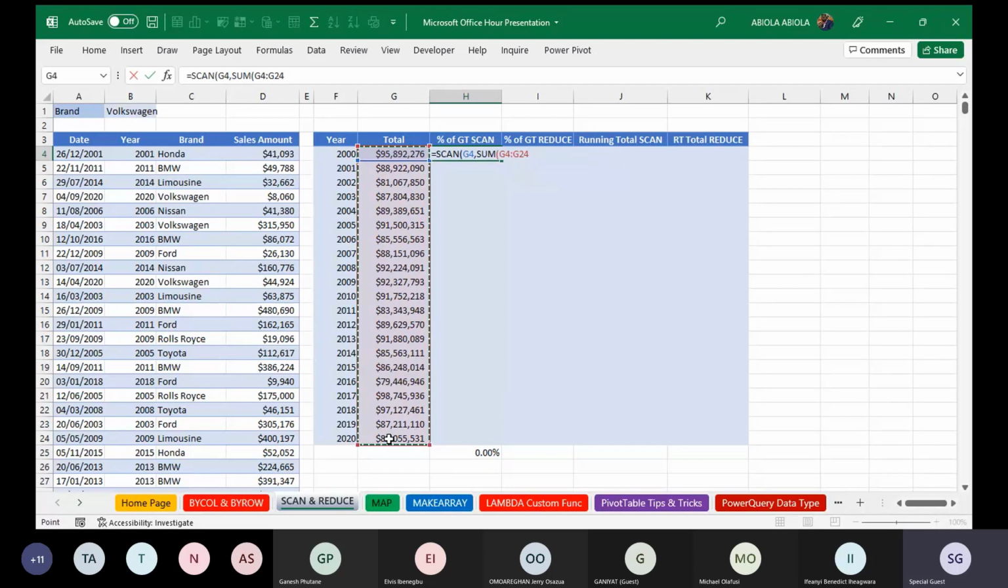And then we need to apply absolute cell reference to lock down G4 to G24, so that when we copy the formula down, it doesn't behave as a relative reference. So F4 key once, and that's all. Close the SUM function and then comma. Now for the function argument of the SCAN, we need to throw in the